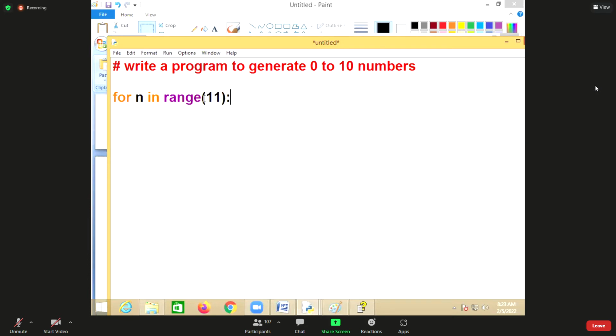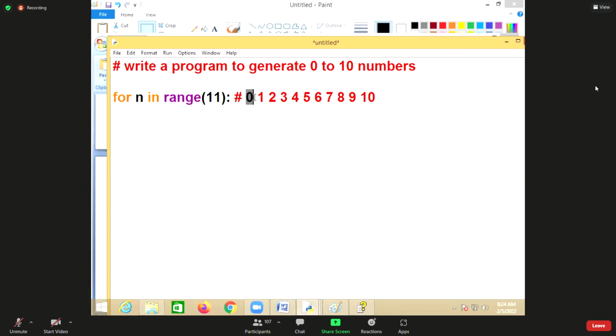Why 11? Because I want from 0 to 10, and the stop is excluded. So range will generate 0, 1, 2, 3, 4, 5, 6, 7, 8, 9, 10.